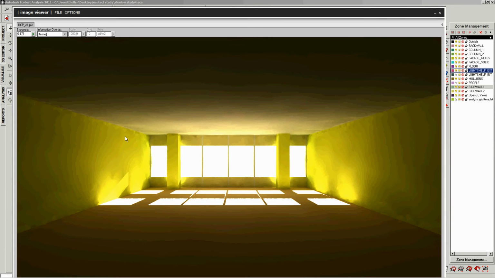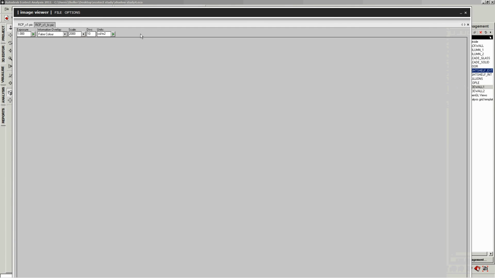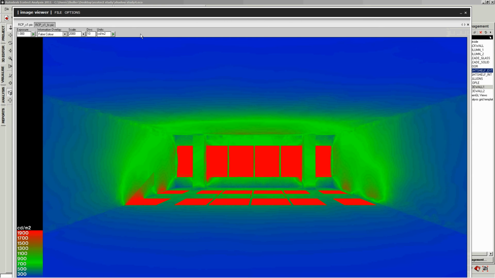And here is the image. Okay, so now you can see the light shelf in here. Again, we're going to do a false color. We're going to do 2000. And as you're watching this tutorial, you should think about what are meaningful options that you will compare in your